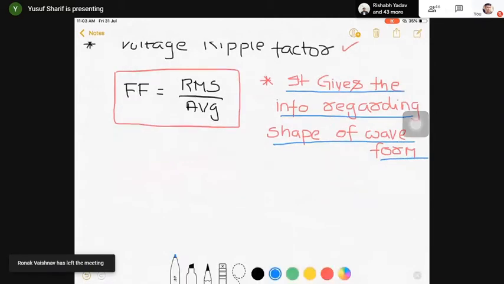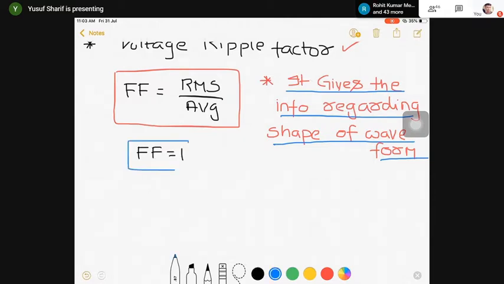Okay? So whenever I write that form factor is equivalent to 1, what is the information that you'll be getting in this? What is the information that you can get from this result that I've written here? Form factor is equal to 1. इसका मतलब क्या है बताओ? आपको ये पढ़ते क्या दिमाग में क्या चीज आनी चाहिए? What is the first thing that should strike whenever I say that form factor is equivalent to 1?